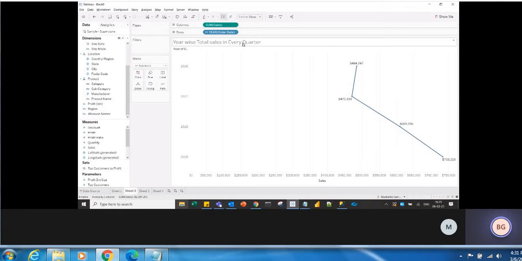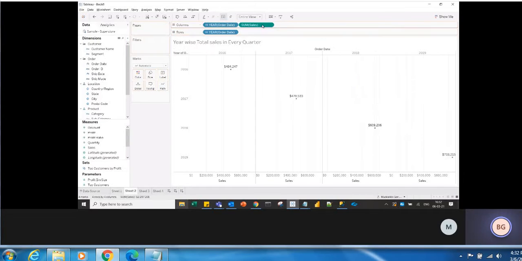Now I want to drag the small multiple dimension to columns, because in rows I have taken the normal dimension. So the SMD is quarter, right? Observe, I am dragging it at the end, next to sales, but it will take to the beginning.